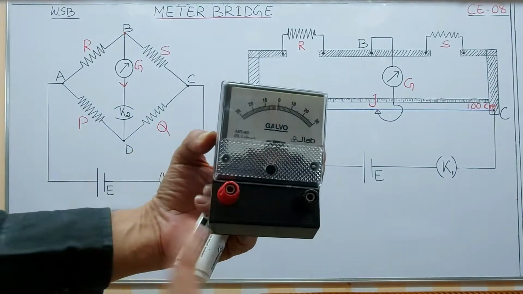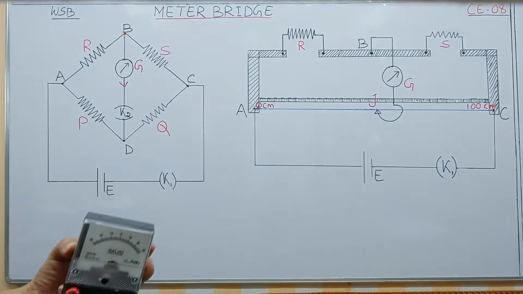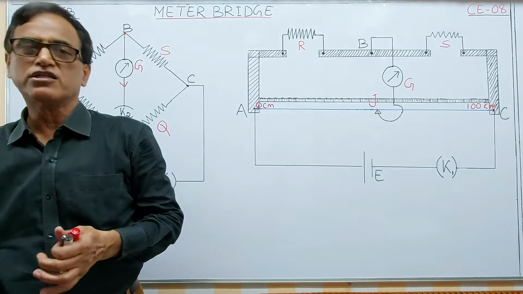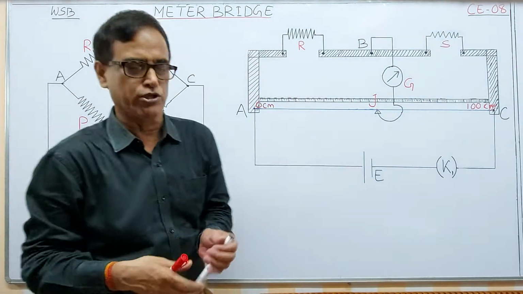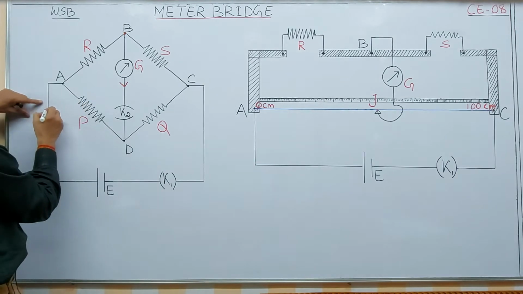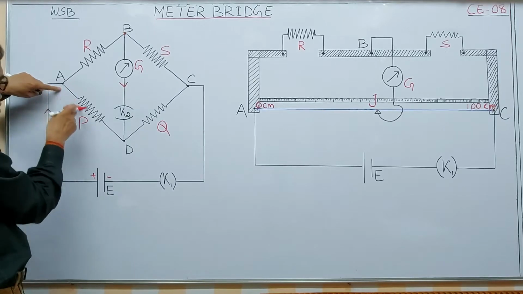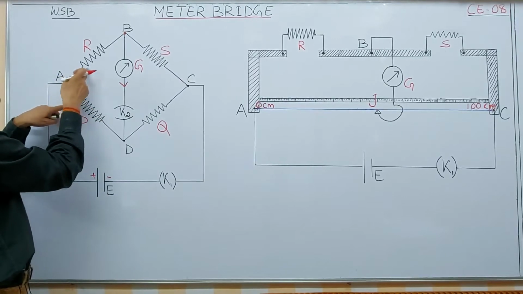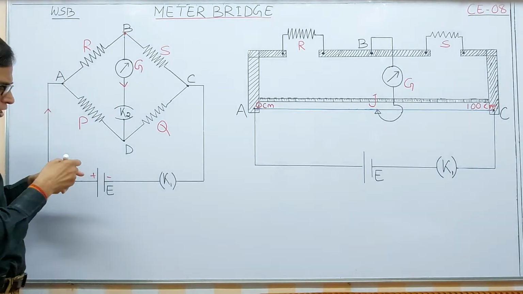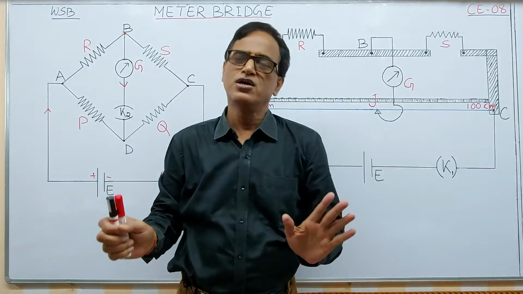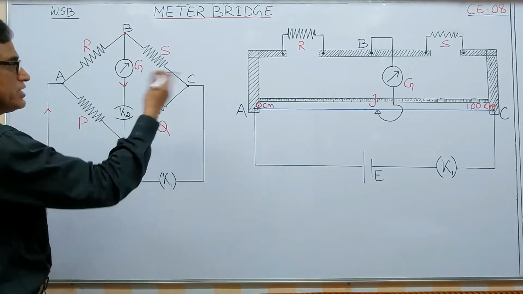You can adjust the resistance in such a manner that it will show zero deflection. Sometimes there will be a right deflection, sometimes a left deflection, that depends upon the resistances. Say here is the current, it is plus, it is minus, here is the current. Now if you make this resistance higher, maximum current will flow across this. If you make the resistance higher, the current will flow more, or less. That means you can adjust the resistance in such a manner so that no current will flow through the galvanometer. This is the adjustment in the practical. We'll see how you can adjust it.